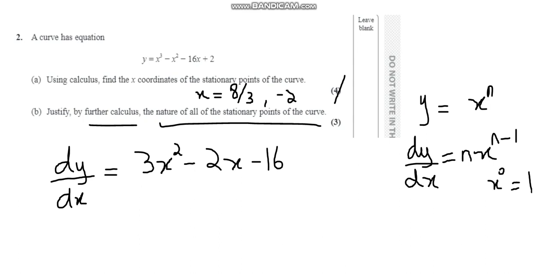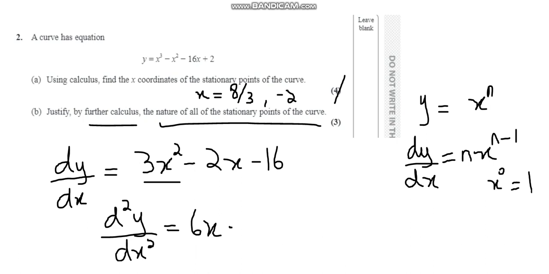So if we differentiate again, how we can write it is like this. Just copy that. That's d square y upon dx square. Remember that, guys. That's the second differential, differentiating the function we have above again. There you go. So if we differentiate 3x square, basically 2 is multiplied with 3, which gives us 6, and then 2 is subtracted by 1, so we are left with 6x. And differentiating minus 2x, I just told you earlier, it leaves us with 2. So our second differential is 6x minus 2.